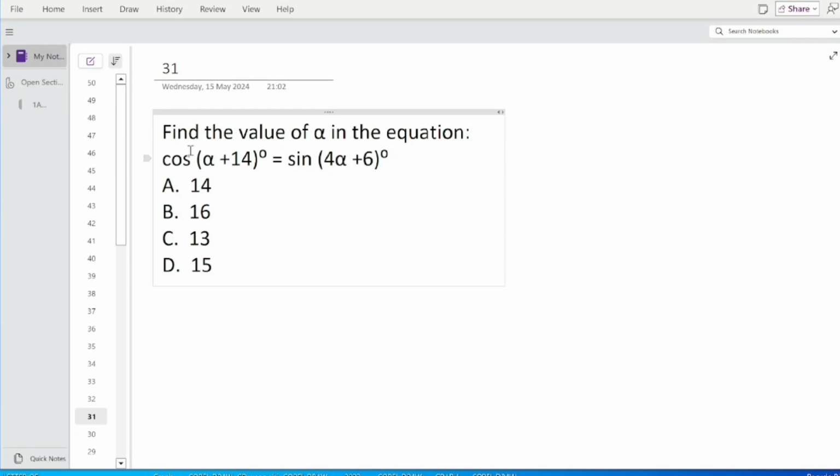Question 31. Find the value of alpha in the equation. We have cos (alpha plus 14 degrees) equals sine (4 alpha plus 6 degrees). This is a very straightforward question under trigonometry, and we understand the general formula that says cos